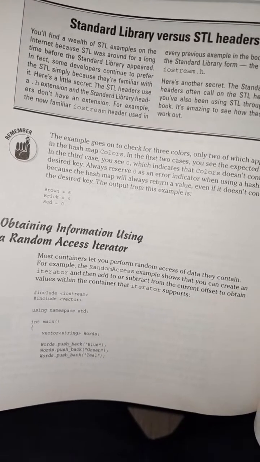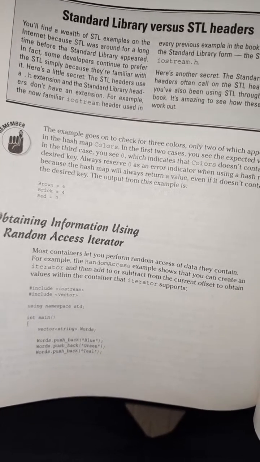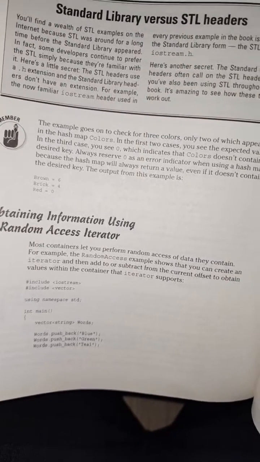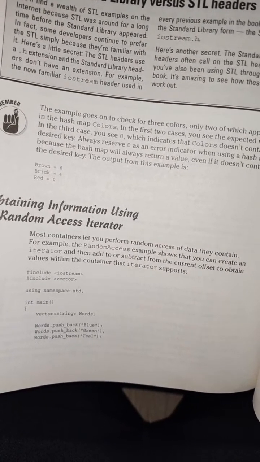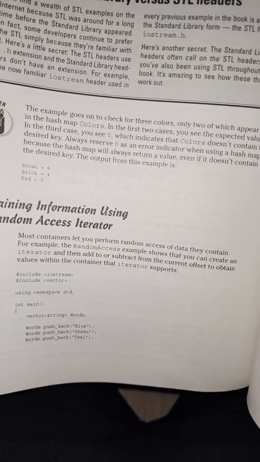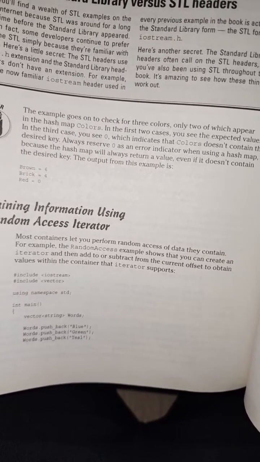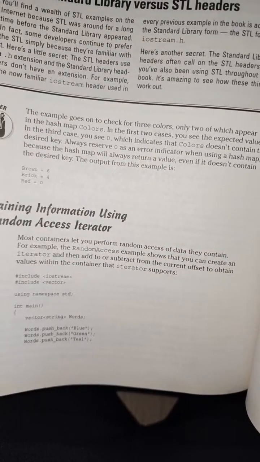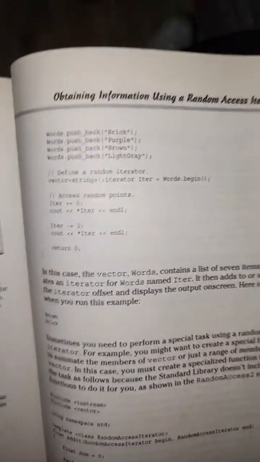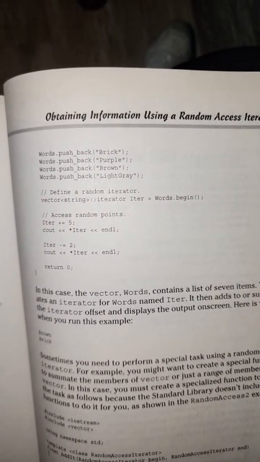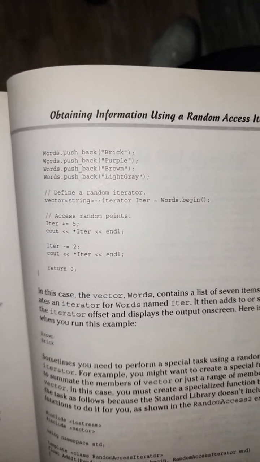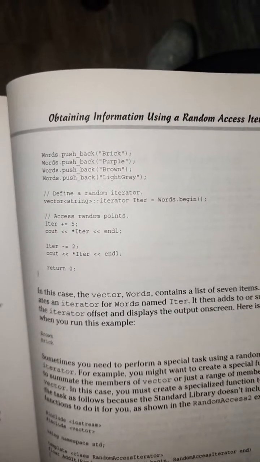#include <iostream>, #include <vector>, using namespace std; int main(), vector<string> words; words.push_back("blue"); words.push_back("green"); words.push_back("teal"); words.push_back("brick"); words.push_back("purple"); words.push_back("brown"); words.push_back("light gray");